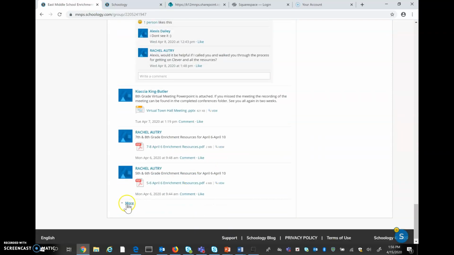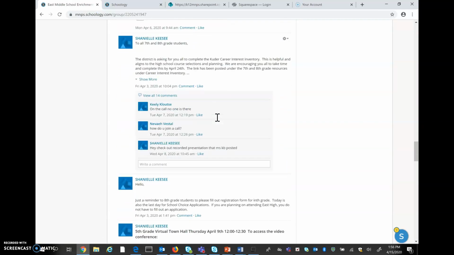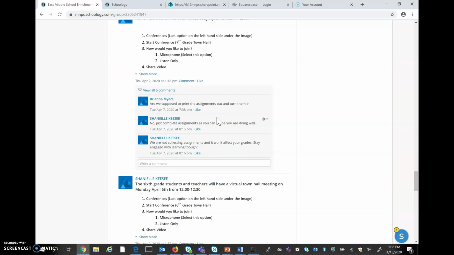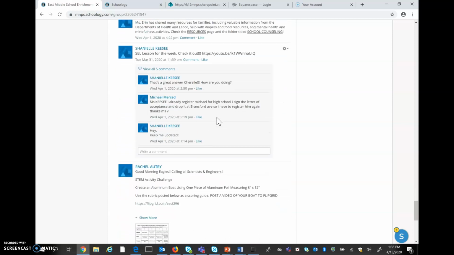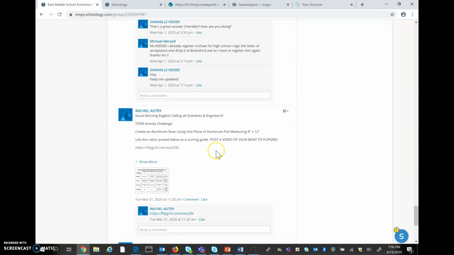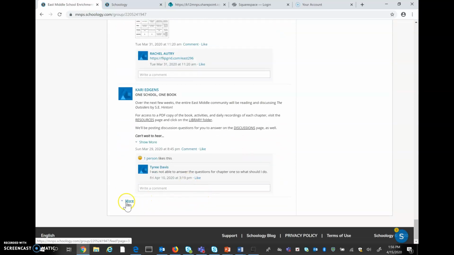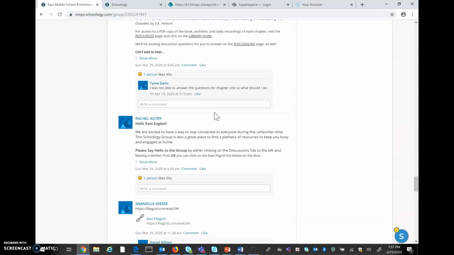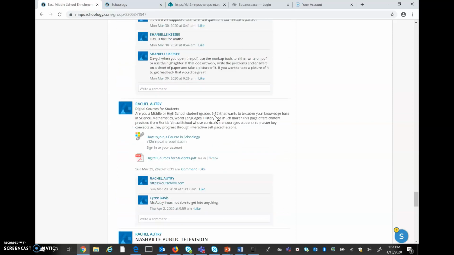So I'm going to keep going down the page here, and you can see that there's a lot of stuff that has been posted into this page. So I would advise, again, going all the way through and reading through everything, because there is a lot of good and useful, valuable stuff within here. I am trying to get to the digital resources that Metro, I have uploaded those to Schoology, so that's where I'm trying to get to right now.